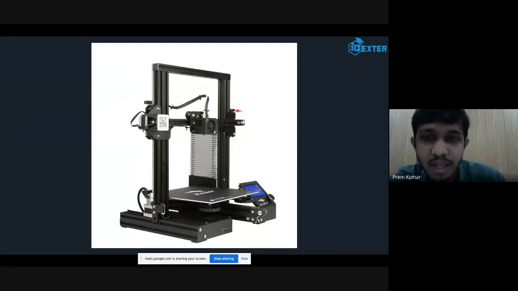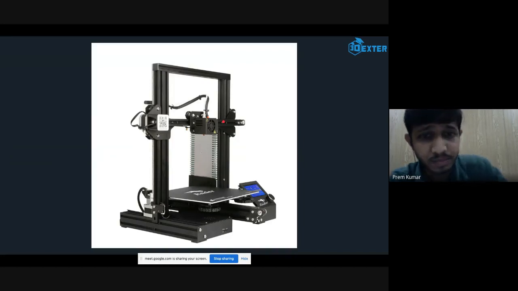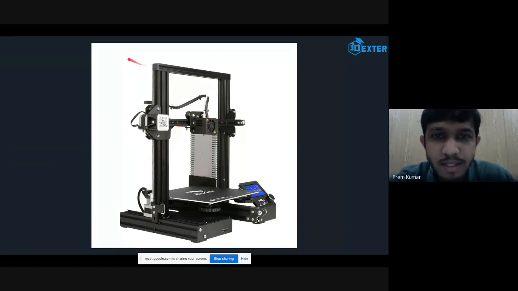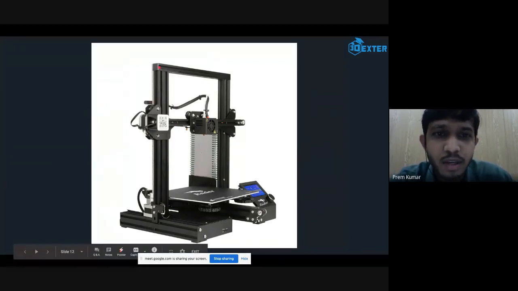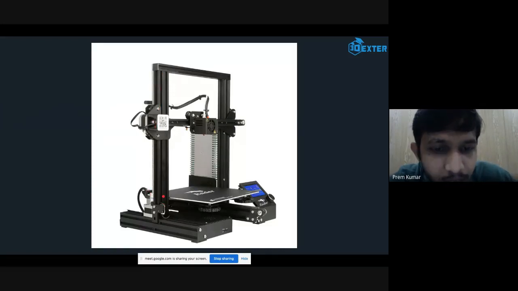So if there is anything loose or tight, they can easily adjust the eccentric wheel to adjust the tightness of this mechanism. And if you look at this complete structure, they have used V-slotted rails, and the same V-slotted rails are also making the complete frame and the motion mechanism.